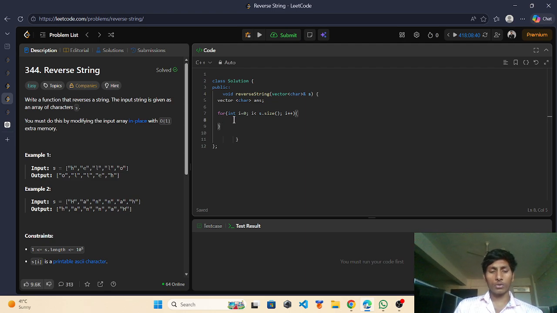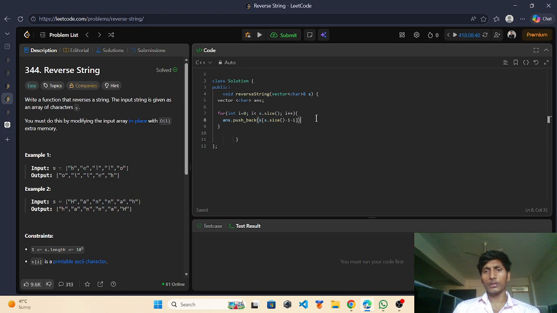So we write ans.push_back, and the element will be s at index s.size() minus 1 minus i.